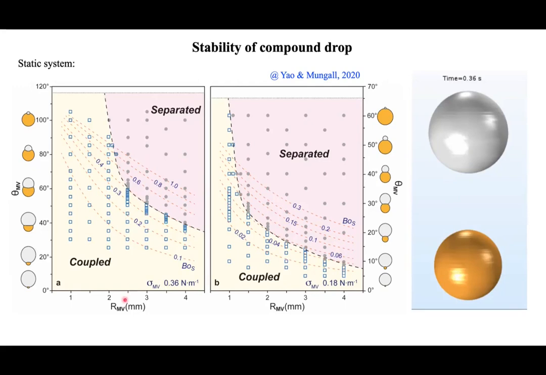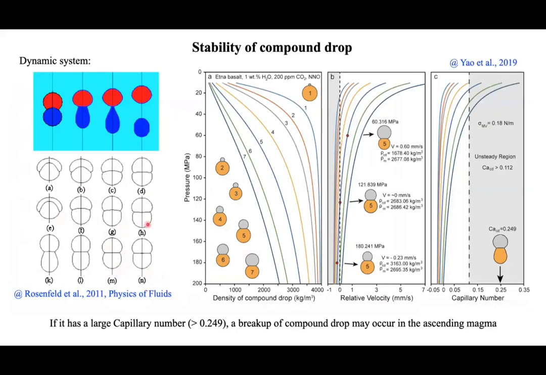In the analysis, if we keep the same size of the compound drop but change the shape and increase the sulfide size, the compound drop will always separate. But we must say that the compound drop may still remain stable, since all the model is based on a static system. There are physical papers that talk about the dynamic system, how the compound drop deforms at different capillary numbers.